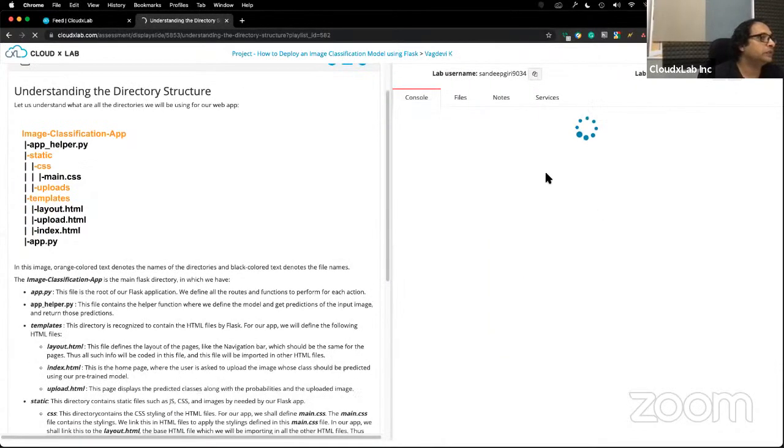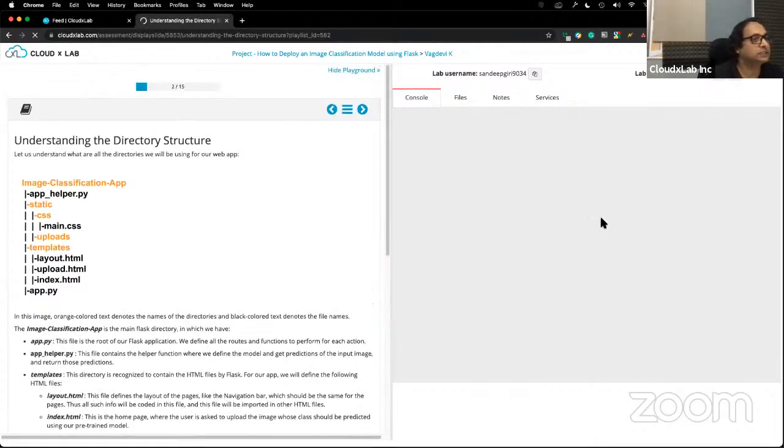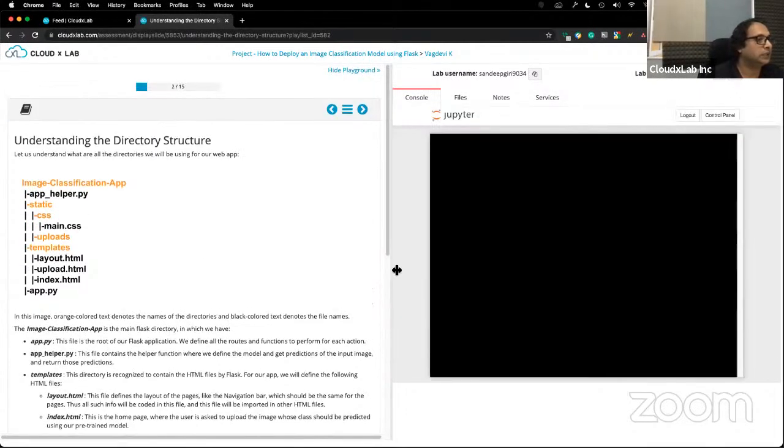If your lab is not expired, you will see a console here and so on, right? So at CloudxLab, we provide the full environment where you can create your files, write your programs, and store images or data. Okay. So what we are going to do is